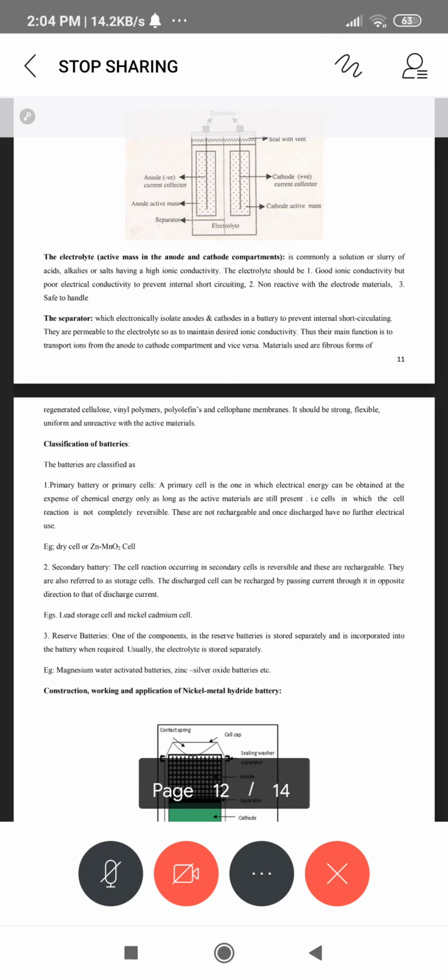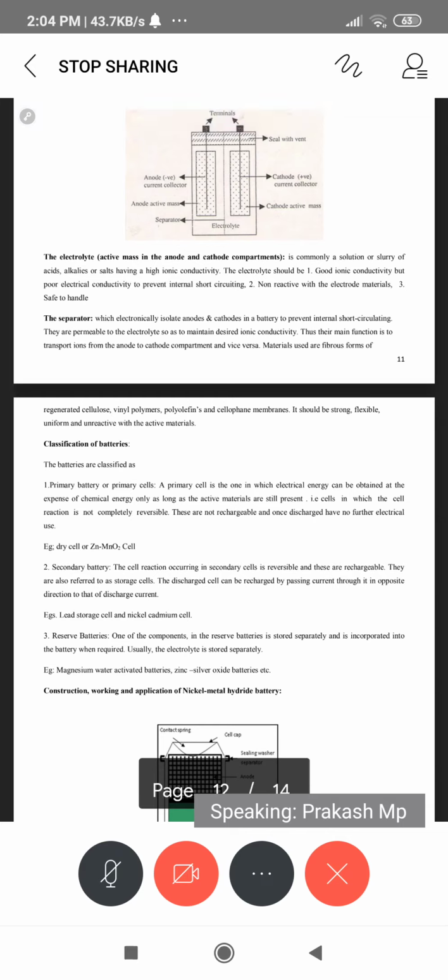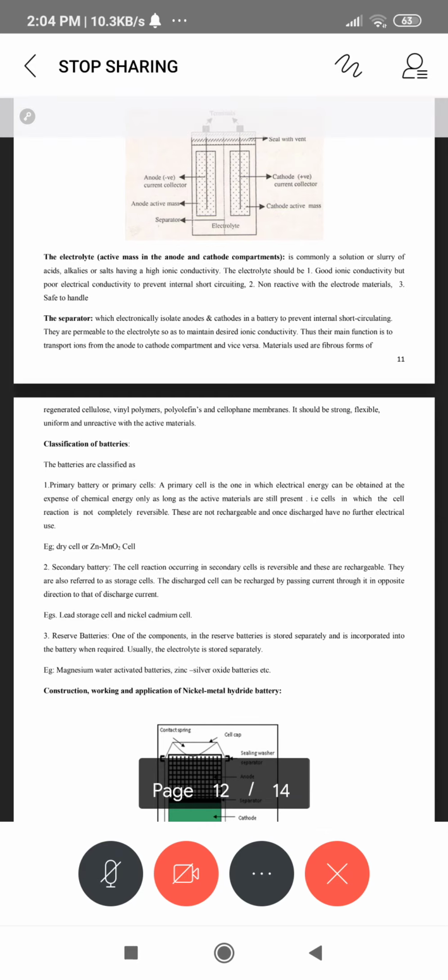At the time of recharging also it should have, and after the recharging is over, you can remove any part of the battery. That type of battery we can call a reserve battery. In that reserve battery, the example is magnesium and AgCl, and magnesium and copper chloride, CuCl2. So magnesium acts as the anode and copper acts as the cathode.